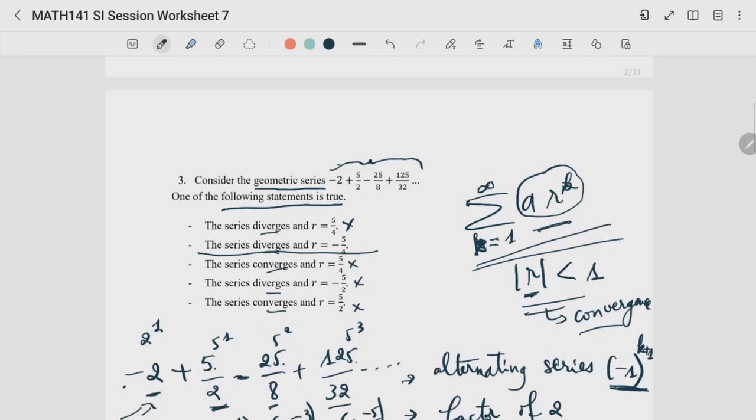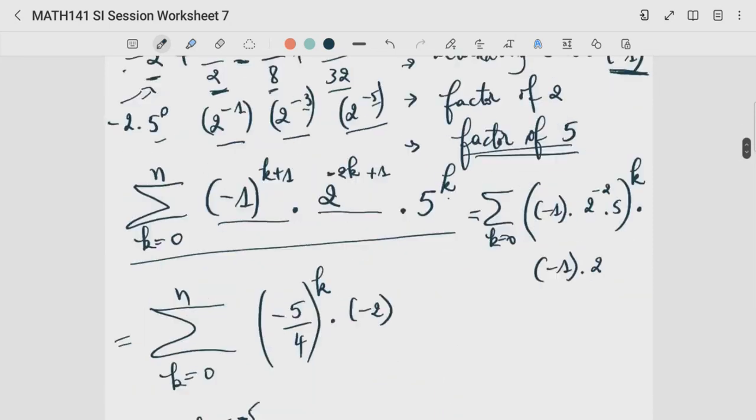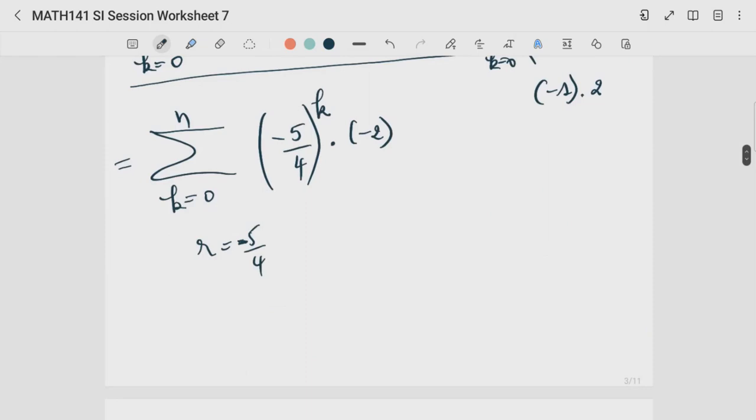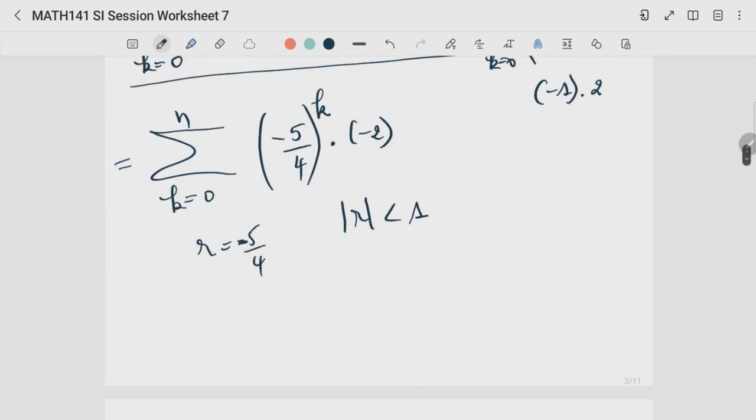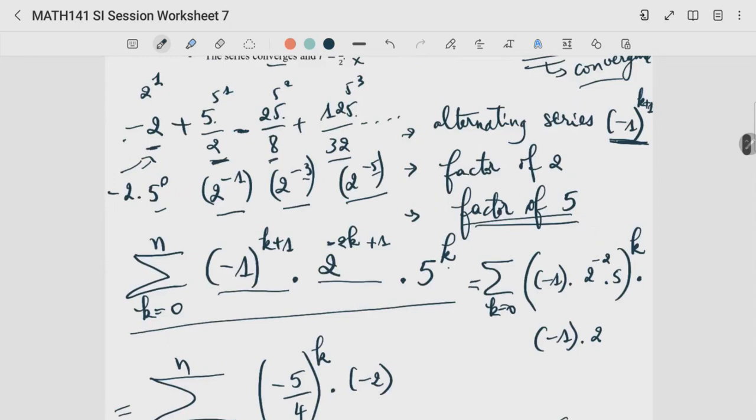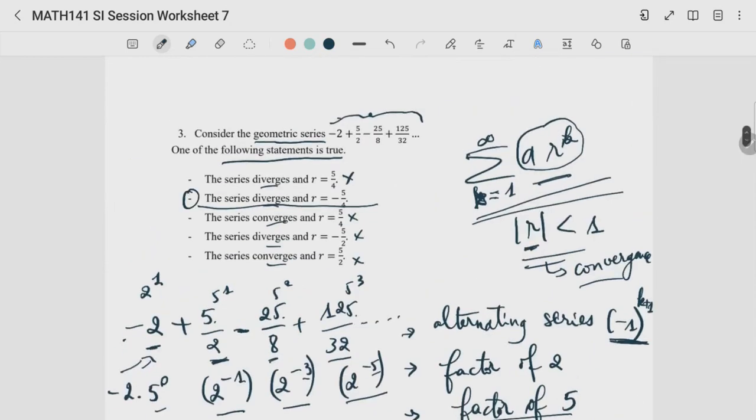Which we can even confirm by just checking now for the convergence of the series. We have r. We know that for the convergence, the absolute value has to be less than 1. Well, that means that the absolute value of negative 5 over 4, which is equal to 5 over 4, has to be less than 1, but we know that this is greater than 1, which means that the series diverges. So what does that mean? Well, it means that the choice that we made was correct. Option number 2. Okay. So that is that for this